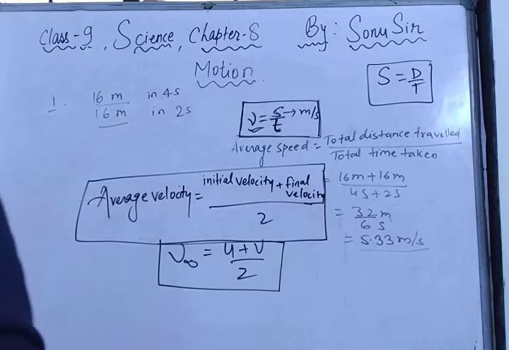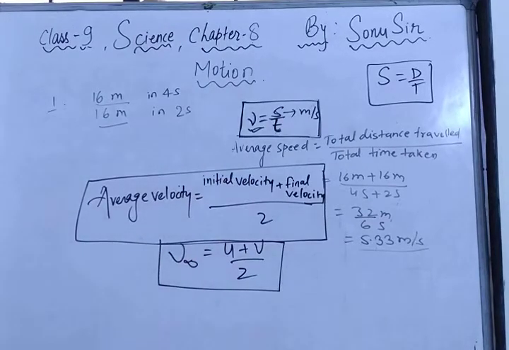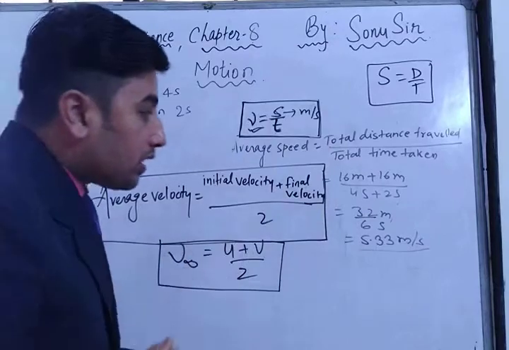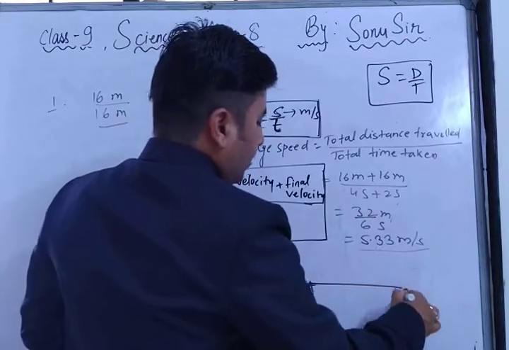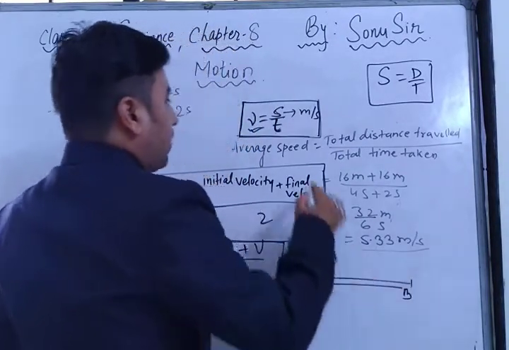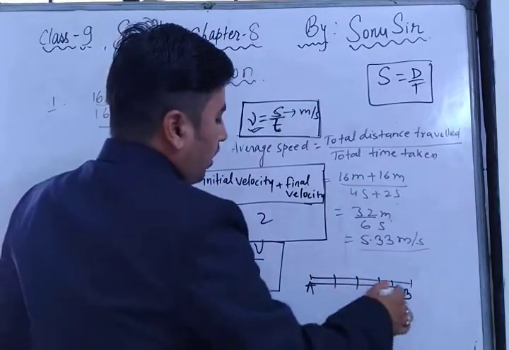Now after understanding the first question, under what condition is the magnitude of the average velocity of an object equal to the average speed? Can you tell me how both will be equal? When the object travels along a straight line path, the distance traveled is equal to the displacement. Hence average speed is equal to average velocity. Suppose we are going along a straight line from A to B, and this is the only way from A to B. Even if you calculate the average speed with 5 stoppages, in the displacement also there is no other way, this is only the shortest distance.